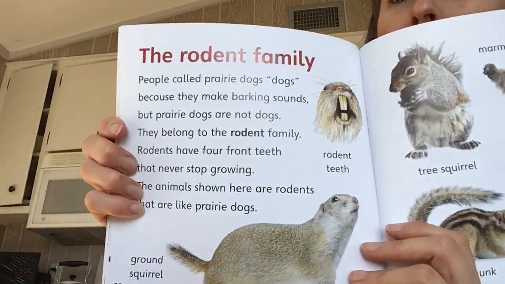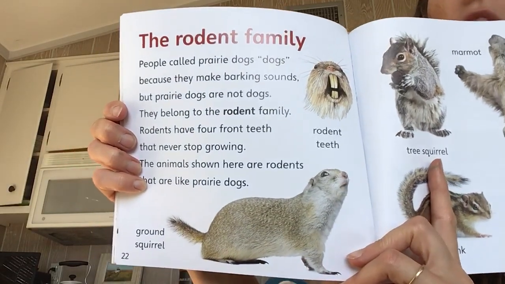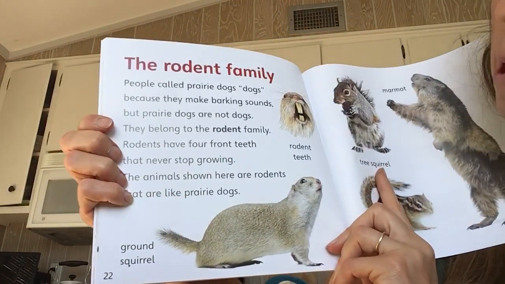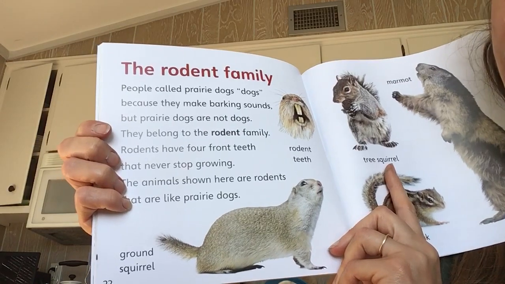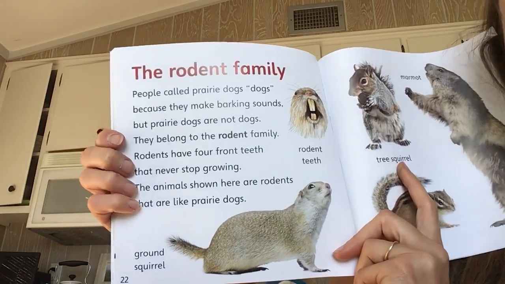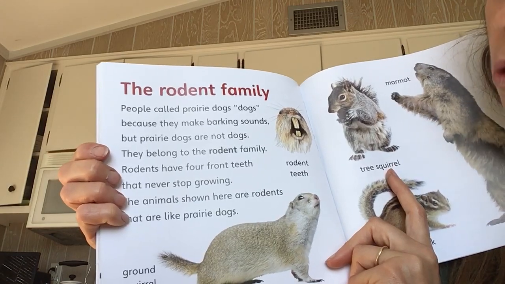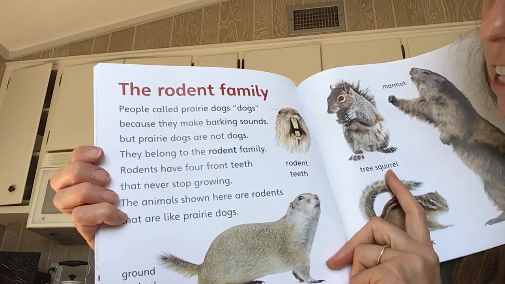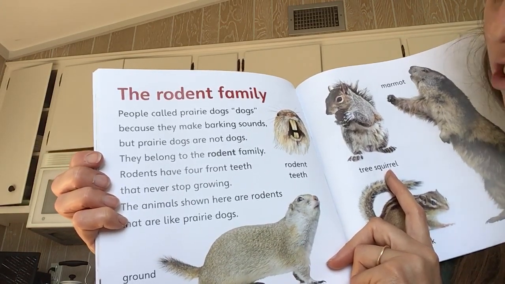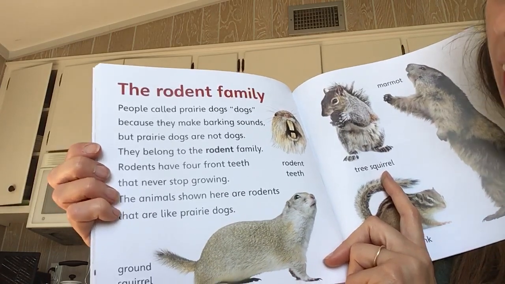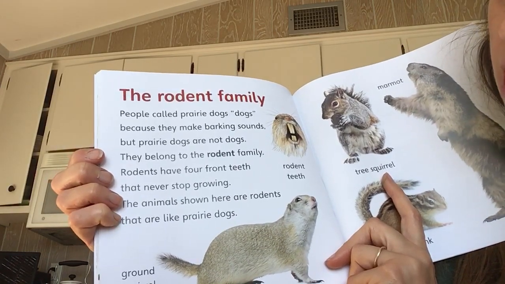The rodent family. People call prairie dogs dogs because they make barking sounds. But prairie dogs are not dogs. They belong to the rodent family. Rodents have 4 front teeth. They never stop growing. The animals shown here are rodents that are like